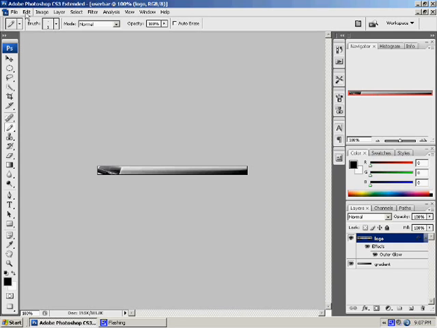Now what you're going to do is make a new layer. By the way, I usually make a new layer for the light effect, but I didn't there. But it doesn't really matter, whatever you prefer. I'm going to rename this Scan Lines,